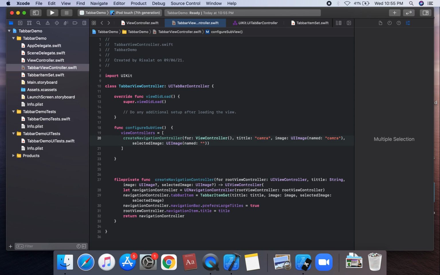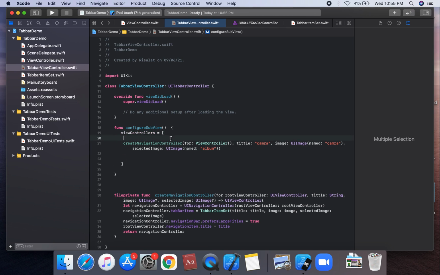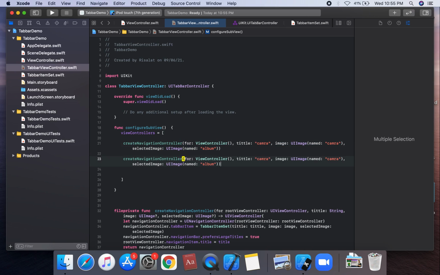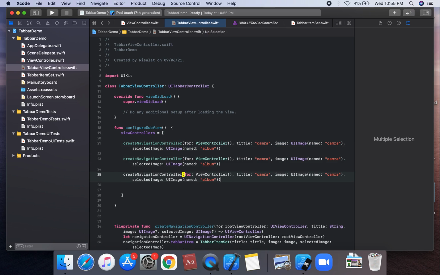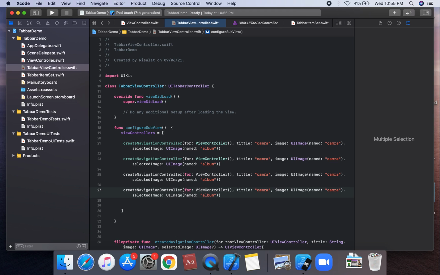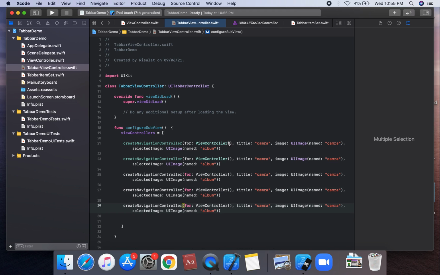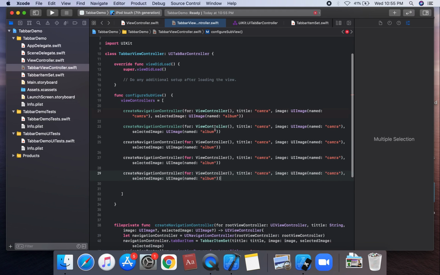This is selected image album, which have an album, and we can create the first view controller. We can do the same on this for view controller tab bar item first, second, third, fourth.